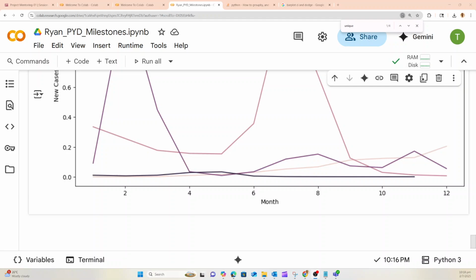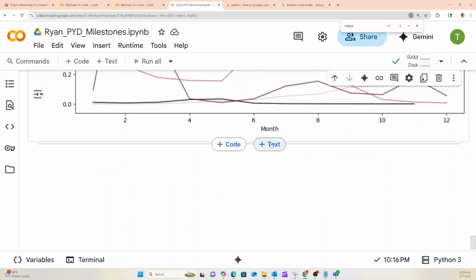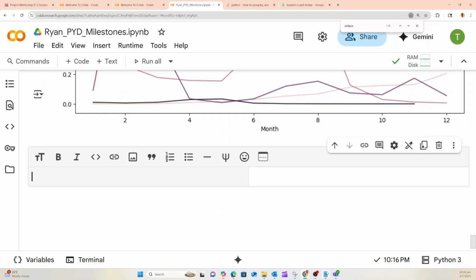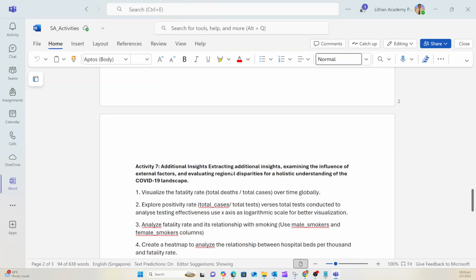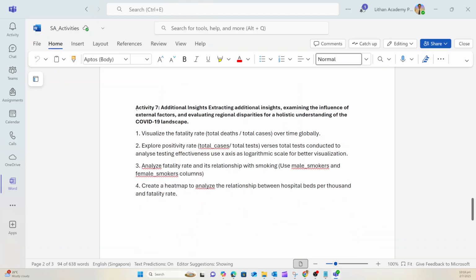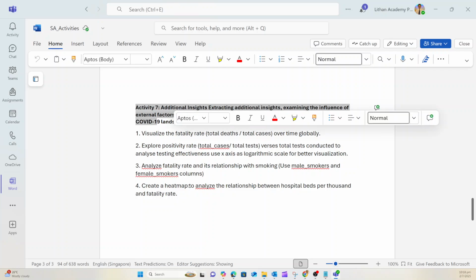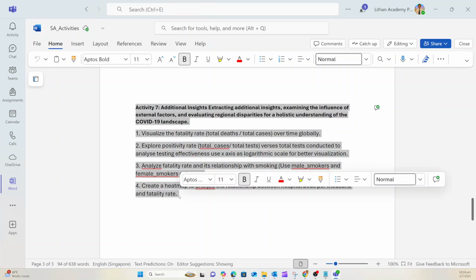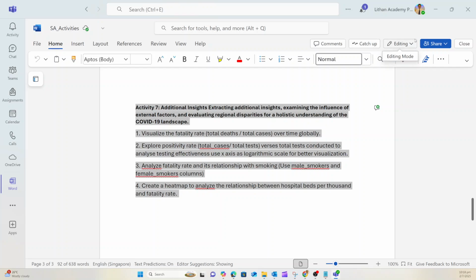Okay, now we come to the last part, which is activity 7. What are the instructions? Let me copy first. Yeah, so this is the last activity as part of milestone 4. We also have 4 tasks.